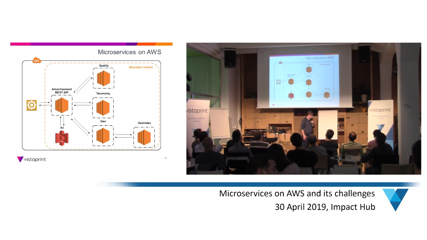So let's imagine we have a website for advertisements, like selling a house or selling a flat, those sorts of things. Our website wants to retrieve the data from the user, which he posts, and have an advertisement bounded context to verify, enhance, and structure it, and have a proper way of doing this, most likely with an API exposed for that.